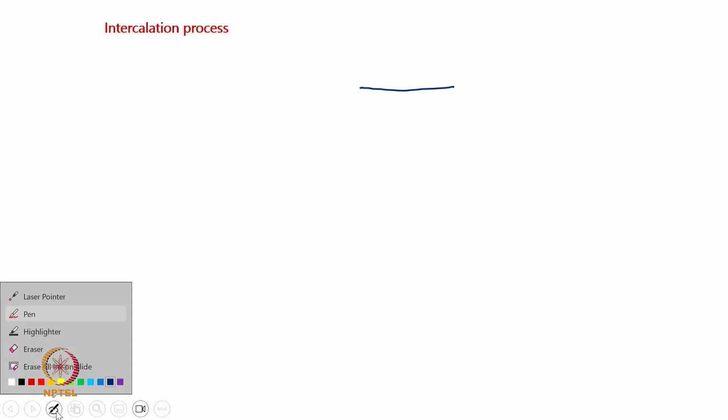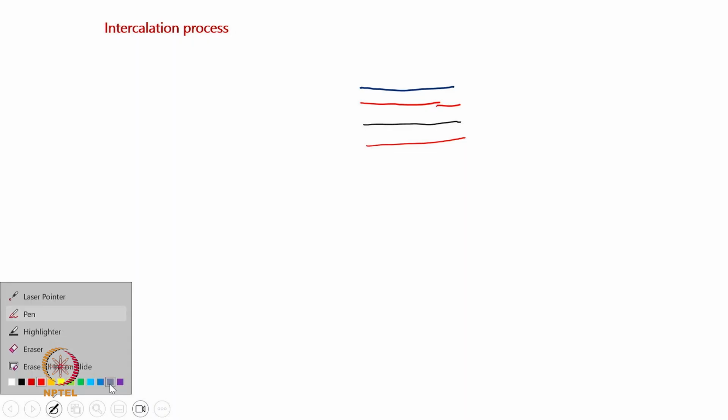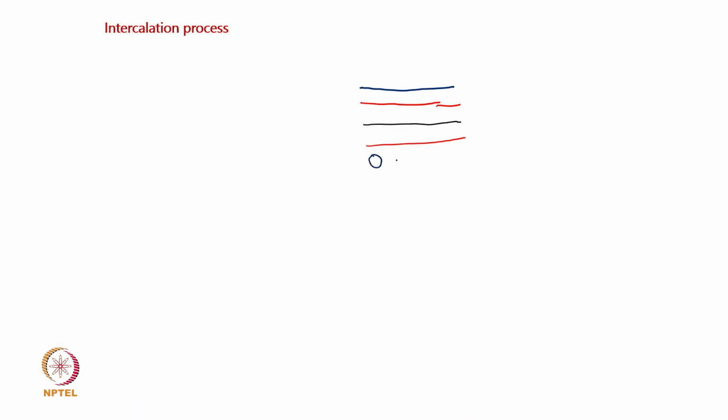So, I can have different layers: this is black, this is red, then again black, again red, and then I insert some foreign atoms inside it.